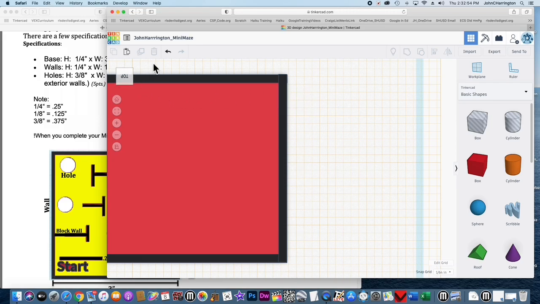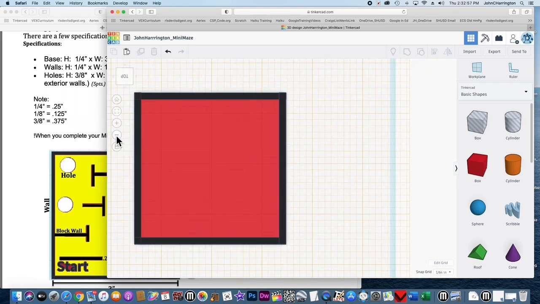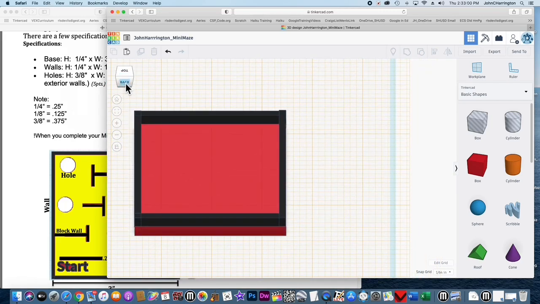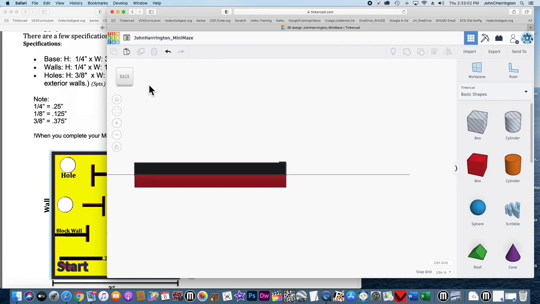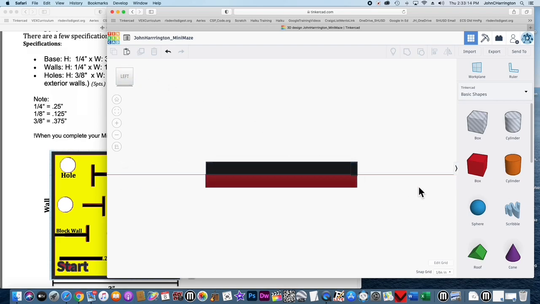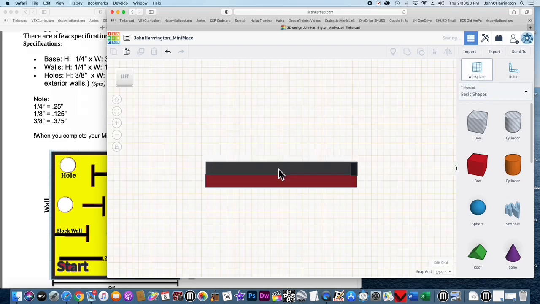So let's go check it out. Okay, so I'm going to move it back. And now let's go. Well, that does, ooh, I don't like that. See how it's off right there? So I'm going to go ahead and go to the side because it's sticking up. And I'm going to go work plane because I have to make any changes. I have to reset the work plane. I'm going to bring this down with the keyboard arrow. I think I just did it. Yeah, I'm going to go down with the keyboard arrow, and now I'm going to keep